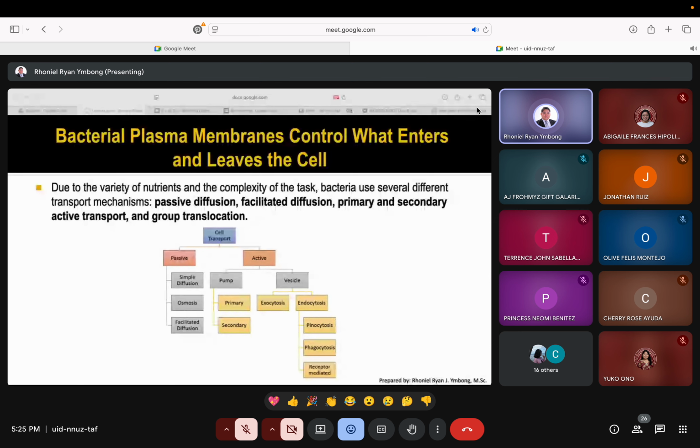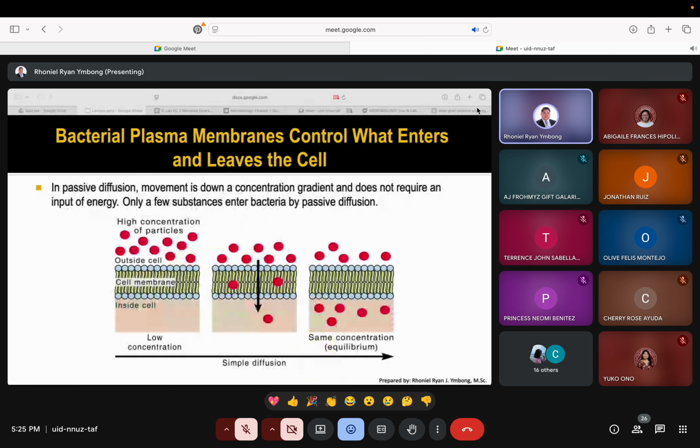Now let's move to the very mechanism of transport in your bacterial cell. Oh yes, this is a depiction of passive diffusion, or passive transport. Again, the movement is from high concentration to low concentration, so you're not going against the concentration gradient. That's why when you have